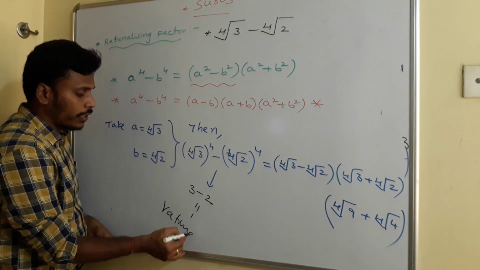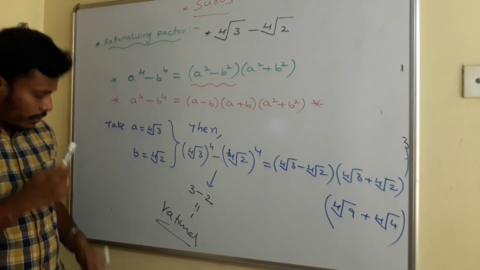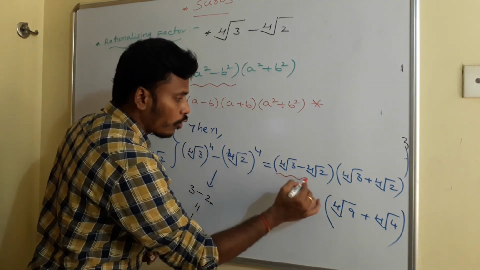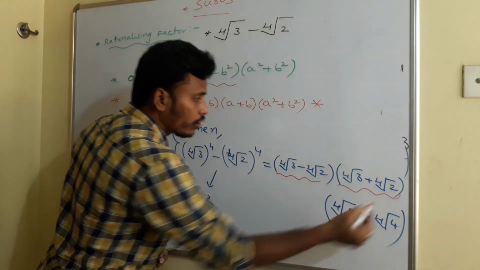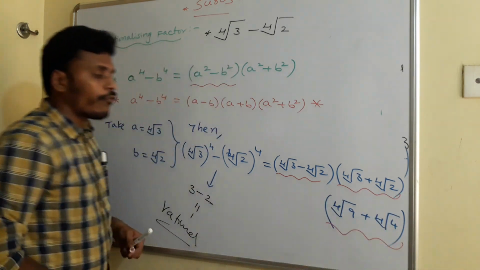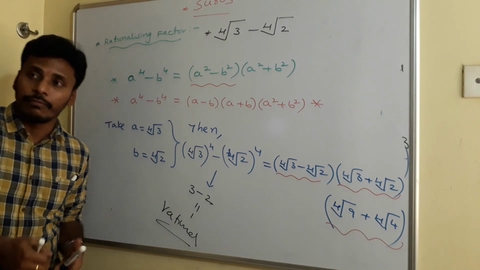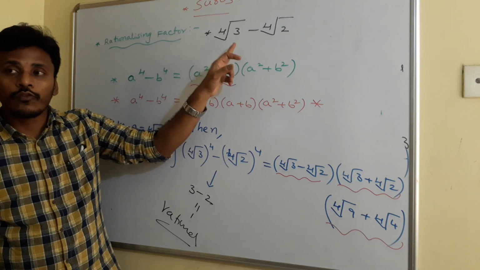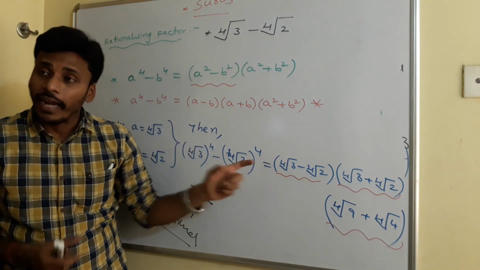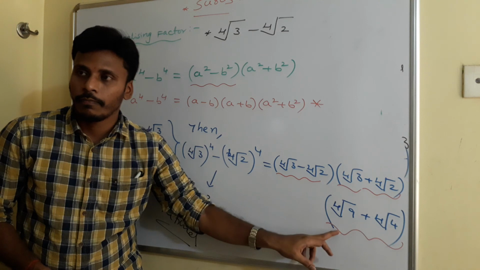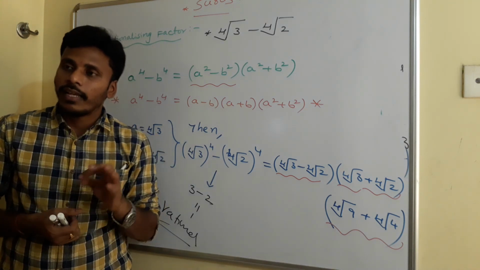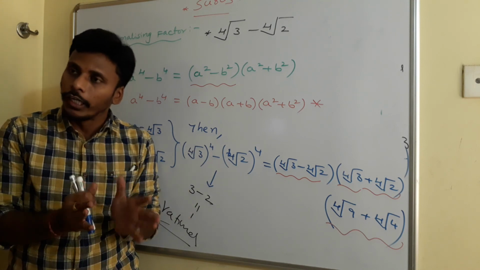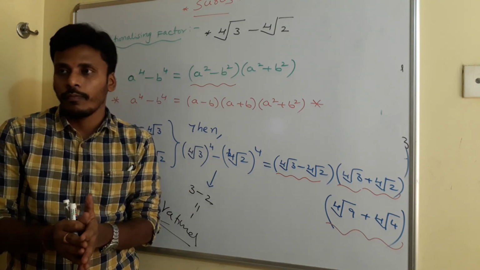A rational number. Since it is a rational number, what do you say about that product? See, the product of these three terms, fourth root of 3 minus fourth root of 2 into fourth root of 3 plus fourth root of 2 into fourth root of 9 plus fourth root of 4, is a rational number. So the rationalizing factor for the given number, fourth root of 3 minus fourth root of 2, is the product of these two terms. So your answer for this problem: the rationalizing factor for fourth root of 3 minus fourth root of 2 is fourth root of 3 plus fourth root of 2 into fourth root of 9 plus fourth root of 4.